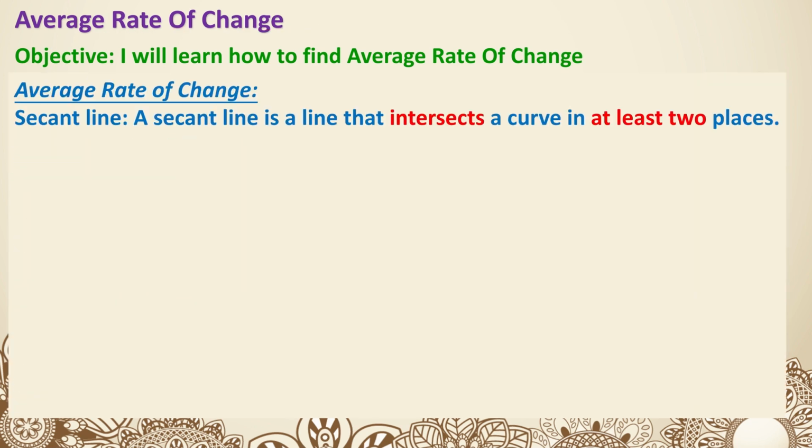Now let's talk about average rate of change. We're going to involve a new concept called a secant line. You're going to learn more about that next year when you learn about circles. But for now, a secant line is a line that intersects a curve in at least two places. Let me draw a quick